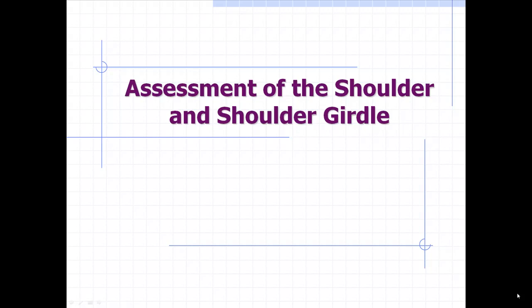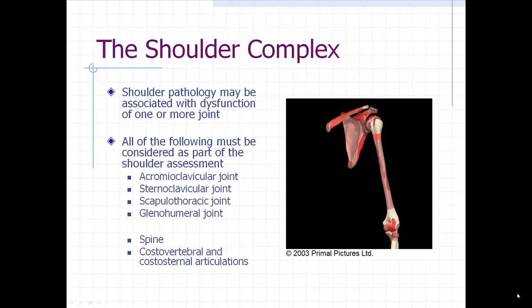Moving on to the assessment of the shoulder and the shoulder girdle. The shoulder should be considered as a complex rather than a single joint. Shoulder pathology may be associated with dysfunction not just of the shoulder joint itself, the glenohumeral joint, but it may also be as a result of impairment of movement at the acromioclavicular joint, the sternoclavicular joint, movement of the scapula on the thorax, the scapulothoracic joint, which is not a true joint but a pseudo joint, and or the